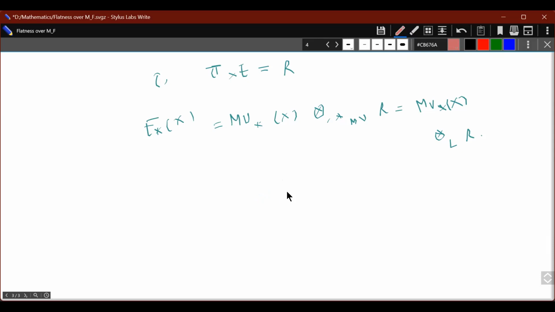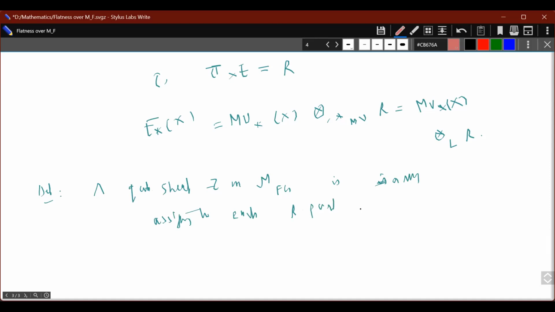We'll see that we need flatness over the moduli stack of formal groups. Just to recall, let me define what I mean by a quasi-coherent sheaf. We already have seen quasi-coherent sheaves, but let me recall. A quasi-coherent sheaf on the moduli stack of formal groups is flat if, okay, let me define it. It is an assignment, a map assigning to each point zeta in